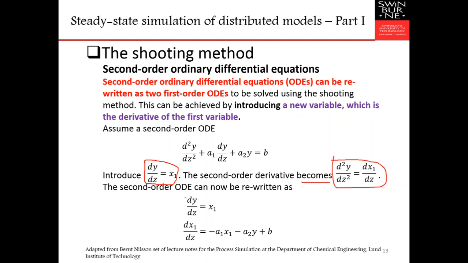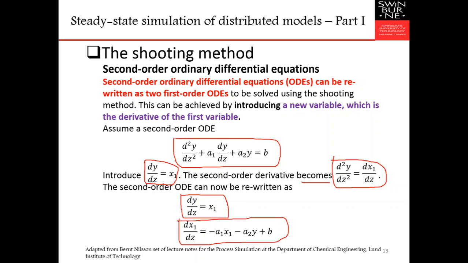Then now instead of one second order ODE, we have two first order differential equations like this. The first, this is the second. You need to recheck back again and try to derive it yourself to make sure that what I explained in